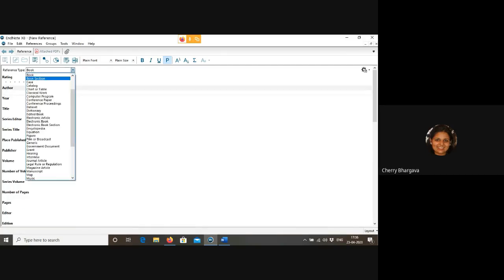Book section means it might be a chapter. Or it's entirely an edited book, because in that case the author names along with the editor's name both have to be part of the reference. Along with that, you can use web pages as well, the URL links for the same.